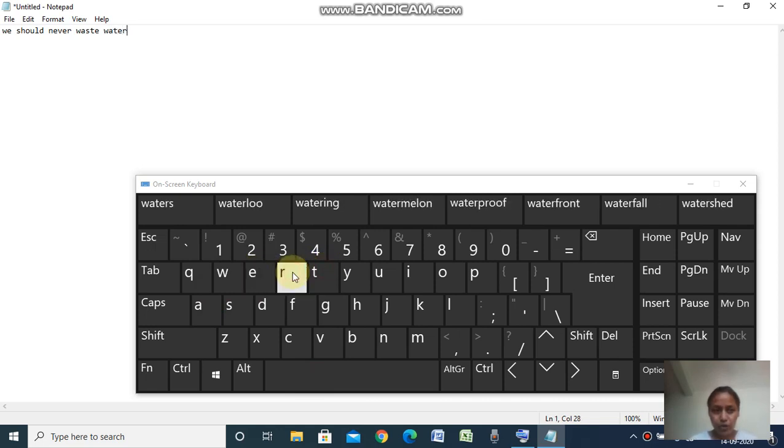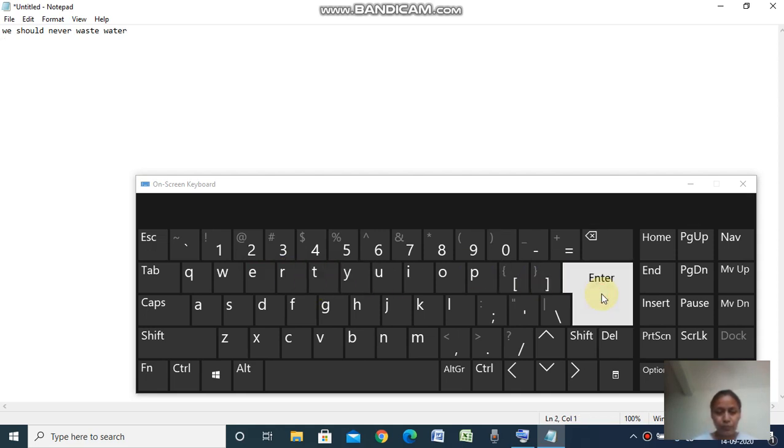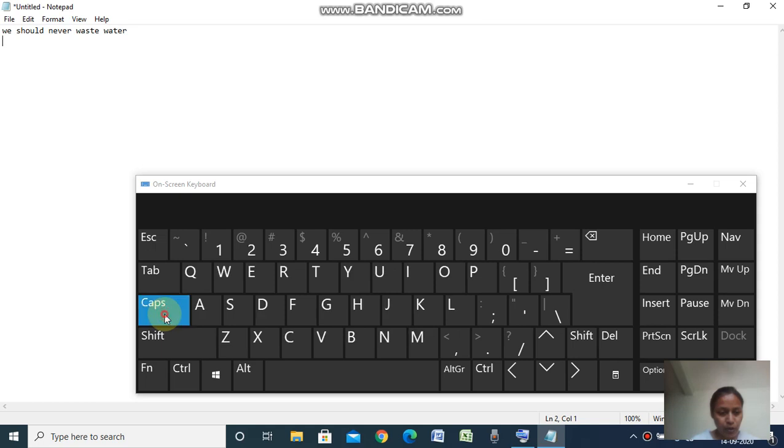Now children, we should come to the next line with the help of enter key. Now press caps lock key to type capital letters.